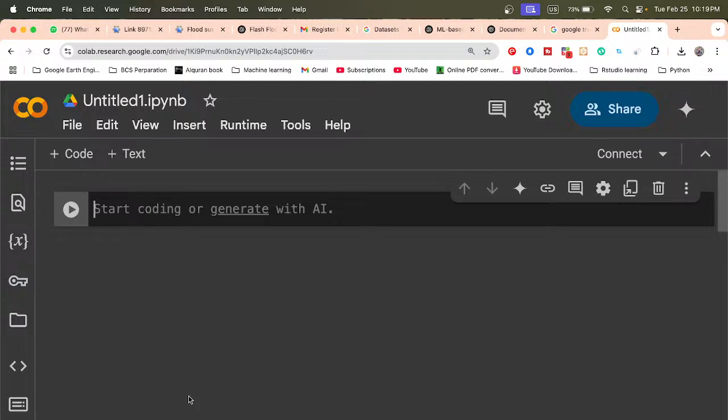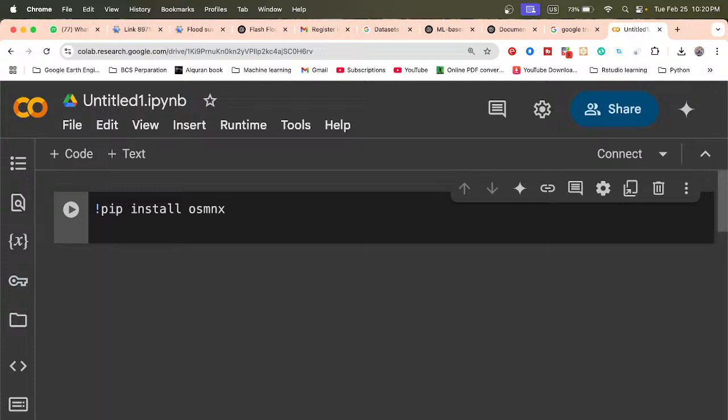First of all, we need to import some libraries, such as OpenStreetMap. Let's try to install the library with pip install. Sometimes this type of library is installed by default, but it's better to install it again. Suppose OSMNX. We also need to install